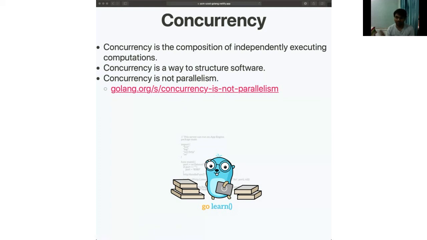For a concrete example, you can think of a computer that only has one processor. Your program can be concurrent on a computer with only one processor, but it cannot be parallel, because parallel needs you to run multiple things together. But concurrent is just representing it in a way that your things can be executed intermittently. So you can have some execution of thread A, and thread B can be executed on the same exact processor, not at the same time, but intermittently, if that makes sense.